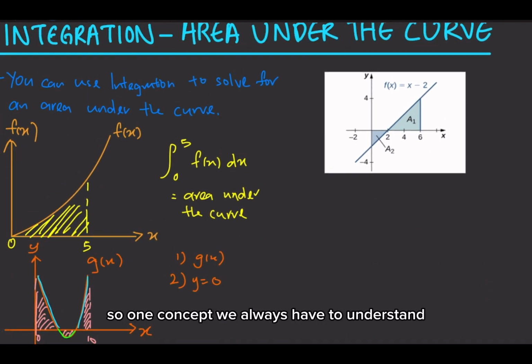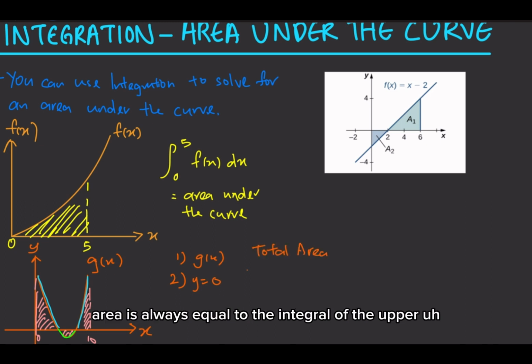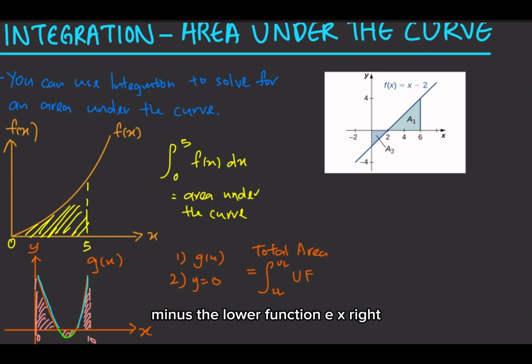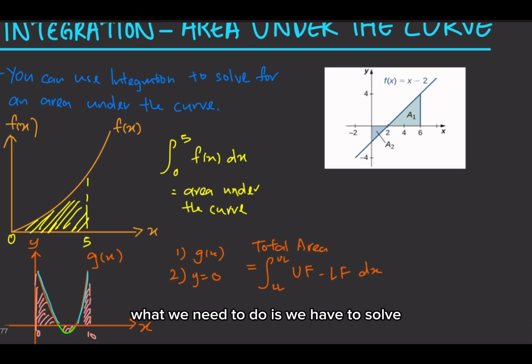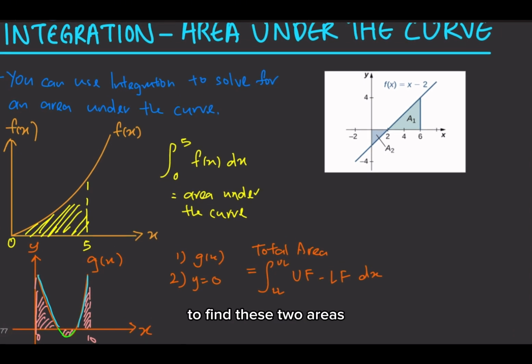So one concept we always have to understand is that if we want to find the total area, it is always equal to the integral, from the lower limit to the upper limit, of the upper function minus the lower function dx, right? This means, in this case, we have to solve to find these two areas, the area highlighted under blue, these two areas. Let's say this is 3 and this is 5. So we have to actually solve the integral from 0 to 3 of g of x dx